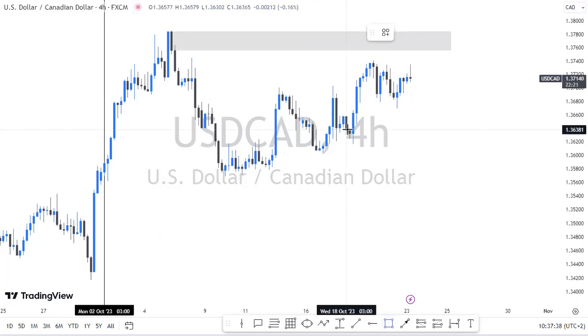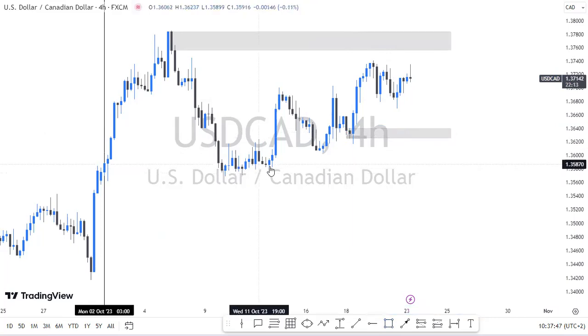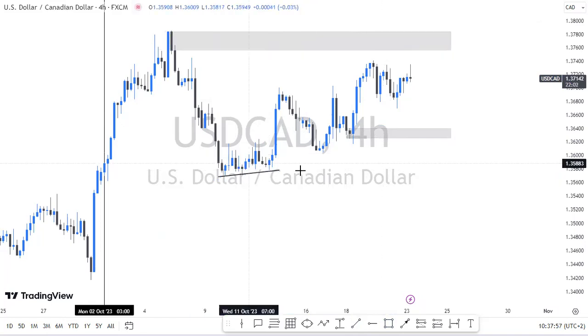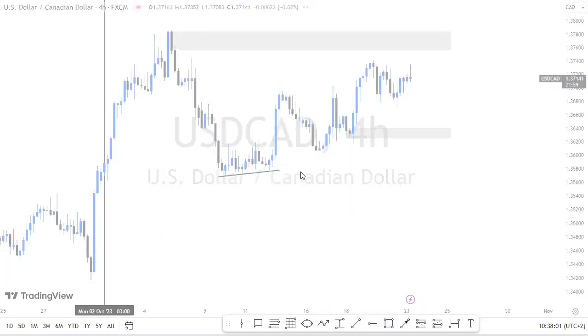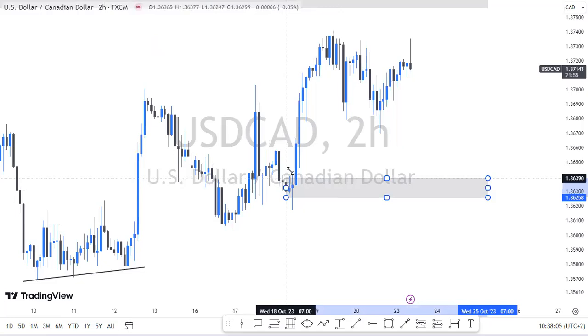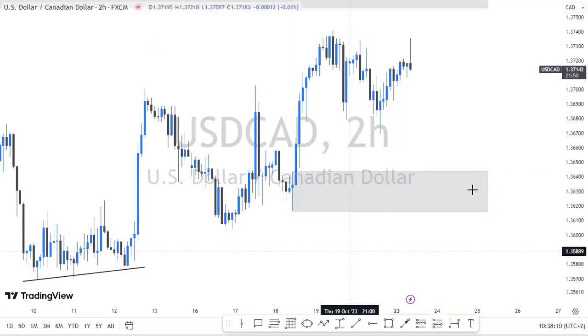But I'm keen on my buys. For now, I'm looking at this weird 4-hour demand zone, which on the 2-hour and 1-hour is much more simplified. I just wanted to give you guys a quick description. Obviously, liquidity is something to also look out for, right? On the 2-hour, I don't want to waste too much time, we have this nice doji-like candlestick as well.